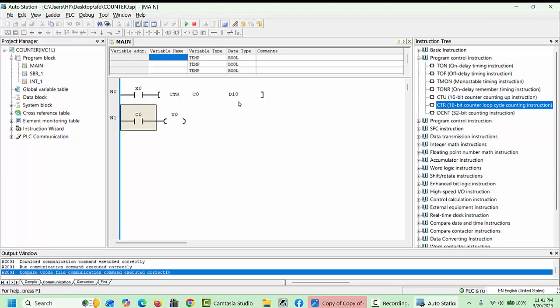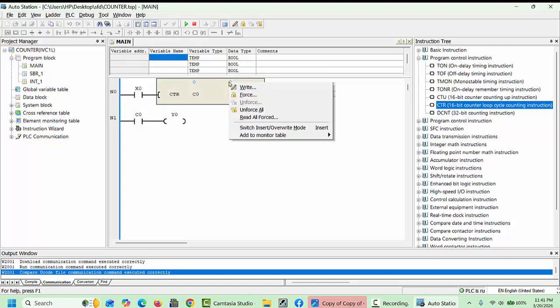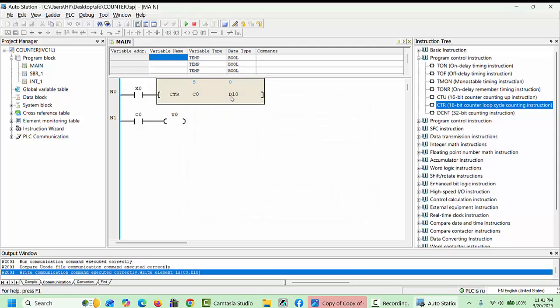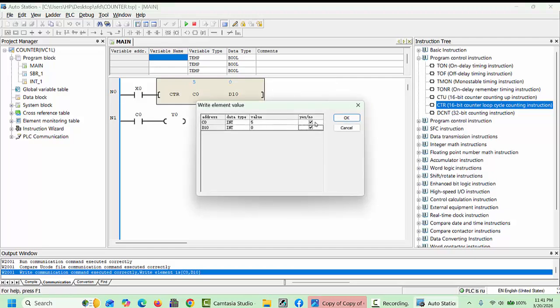This is no issue. Now you can see this is here 0, and click on the 0 and go to the right, and here you can write the value. For example, after 5 counts I need to turn on my output. Still not right. Again, sorry, not C0, this we have to make 0, and here we have to type the 5,